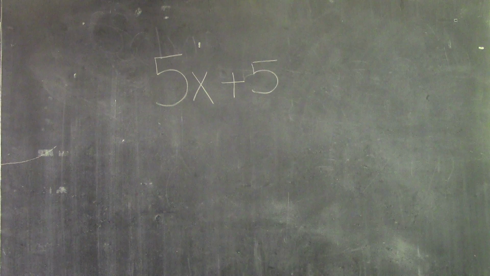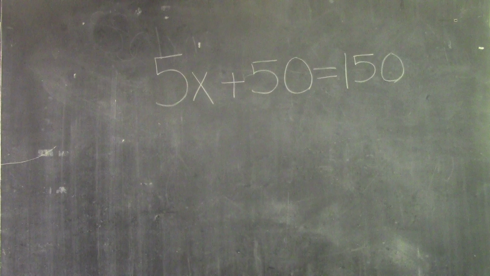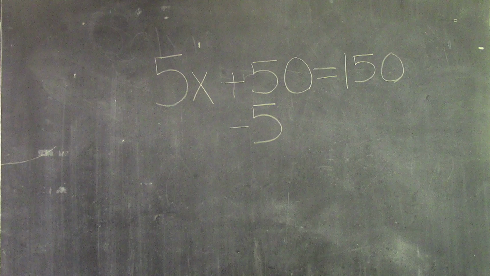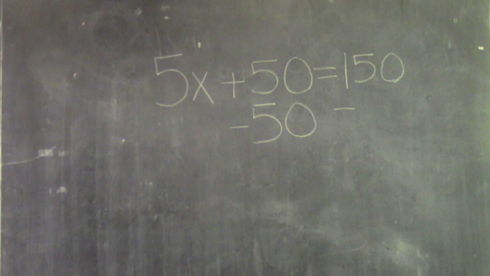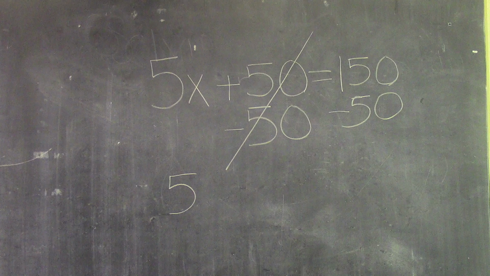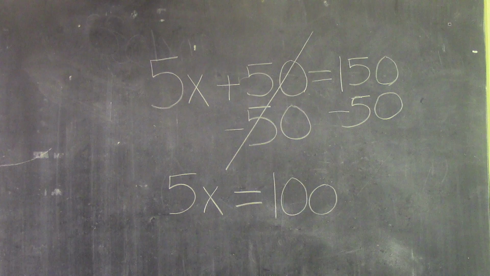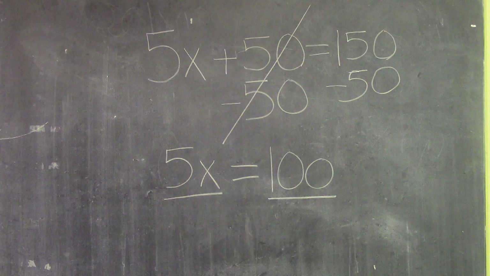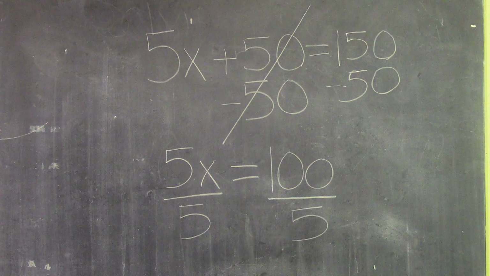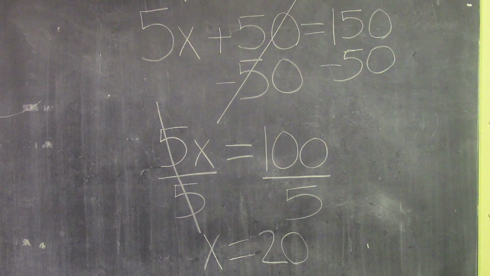We are trying to solve for x, which means getting x by itself. First thing we have to do is subtract 50 from both sides, because whatever you do to one side, you have to do to the other. You now have 5x equals 100, so now you want to isolate the variable to get it by itself. To do that, you divide by the number next to x, which is 5, and you have your answer, x equals